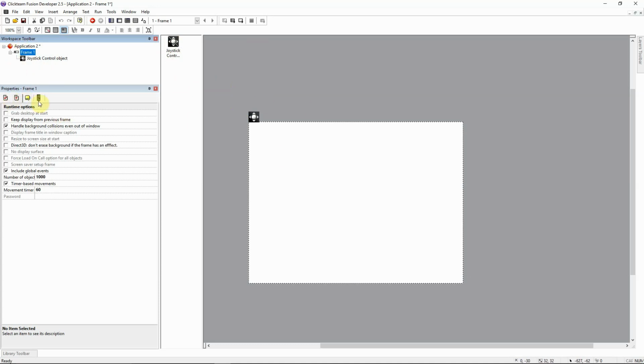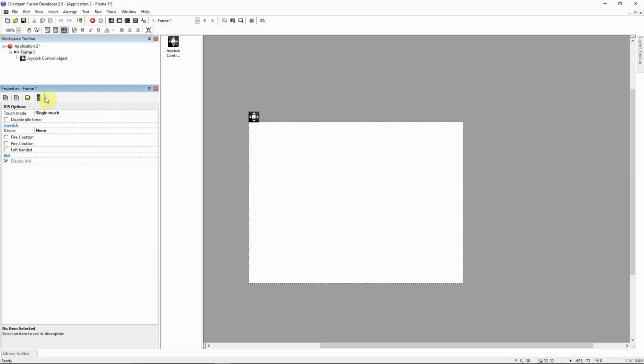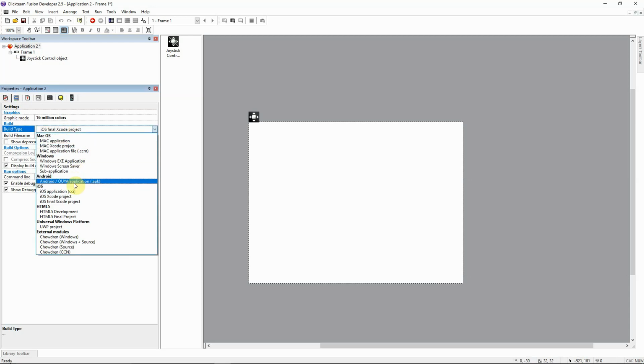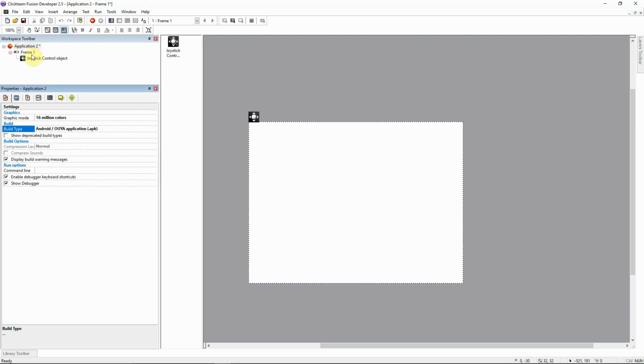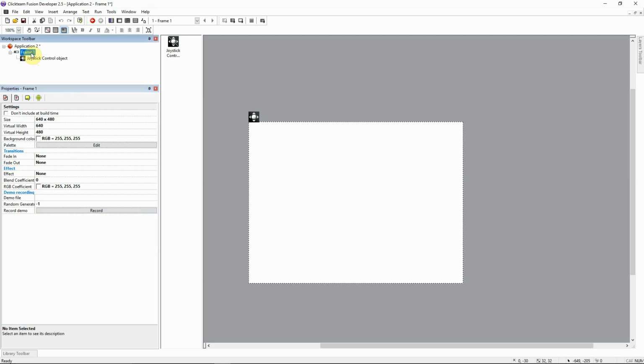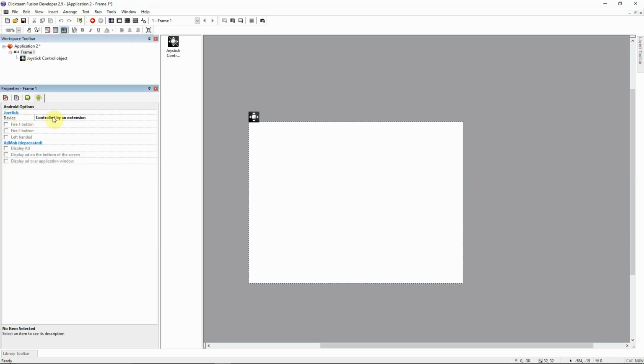You can just go ahead and use, here it is, joystick settings under the mobile, and this is under both iOS and Android. Just go to Android since it's a bit easier. You'll click on the frame that you want to incorporate the joystick in and just select what device. The touch joystick is the built-in joystick, so you won't have to do anything coding wise like you would with the controller. You'll just have to check if you want one or both buttons,